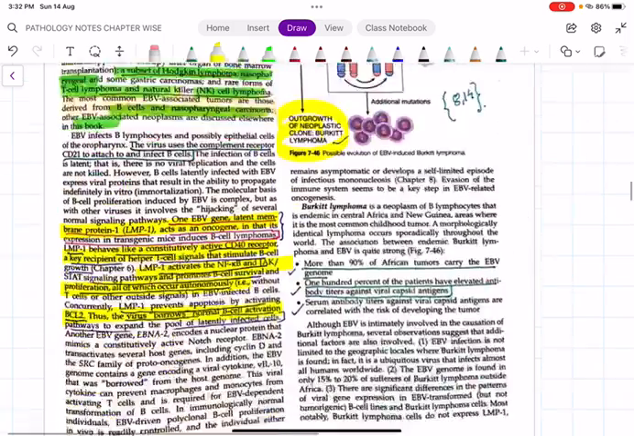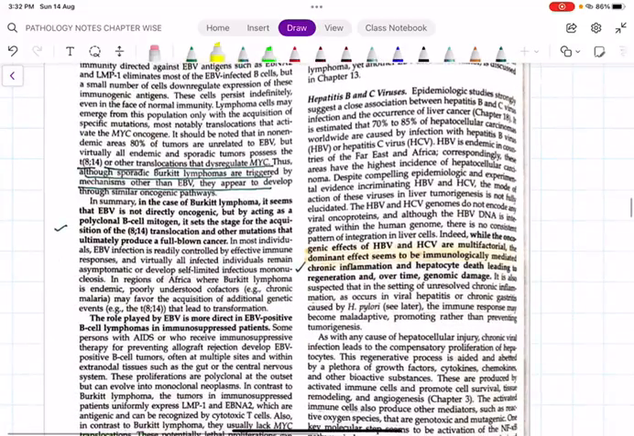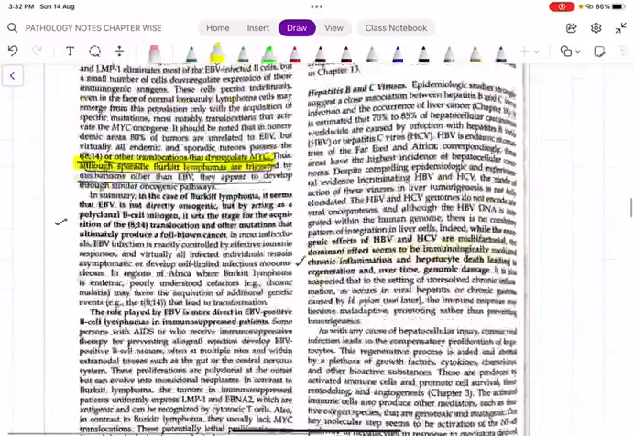Yes, 8;14 translocation, remember Burkitt's lymphoma. c-MYC, 8;14 translocation. Once that is done, then